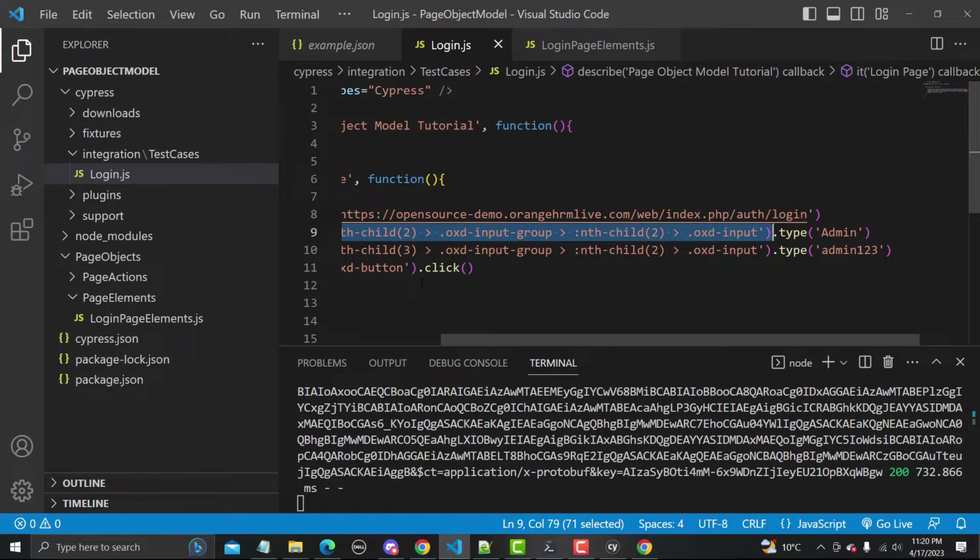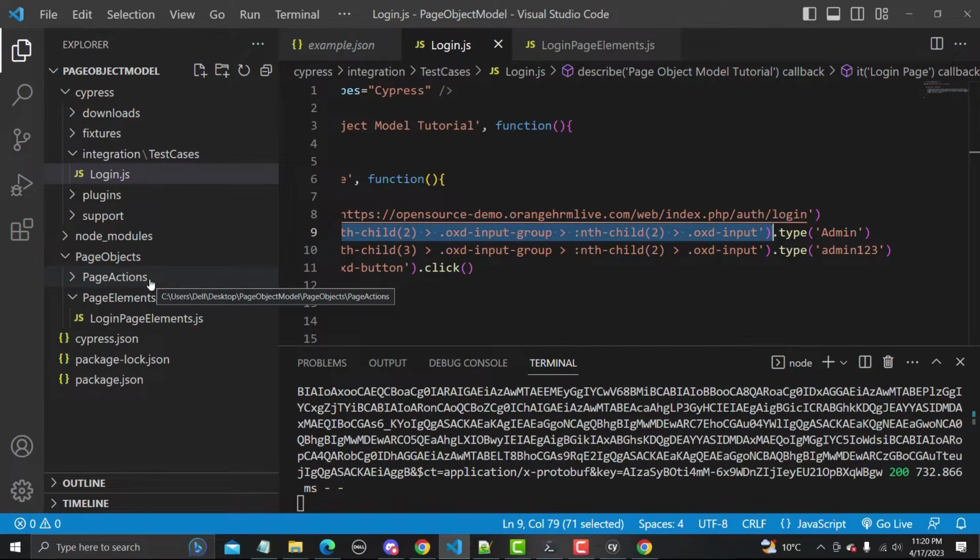So these are all present in a single file, and tomorrow if there is any problem in terms of the locators or actions, it would be very hard for us to maintain or update our script in the multiple files. So the idea behind the design pattern is that these three things should be in three different files. So in the page elements, we would be having the elements. In the page actions, we would be having the actions on these elements.